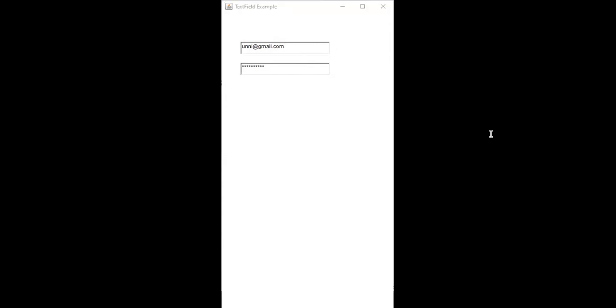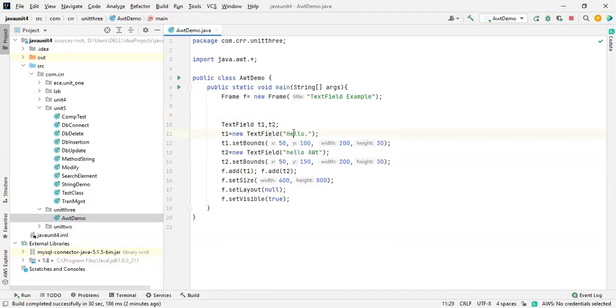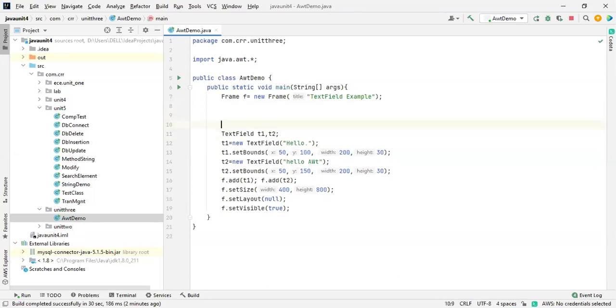Yeah, see this one. This is the text field. Inside a text field, here itself, we are going to take a scanner. So I want to log in. We are working on this. We have a text field and its bounds and size. These are the things we are working on right now. In your syllabus, all these things are available.